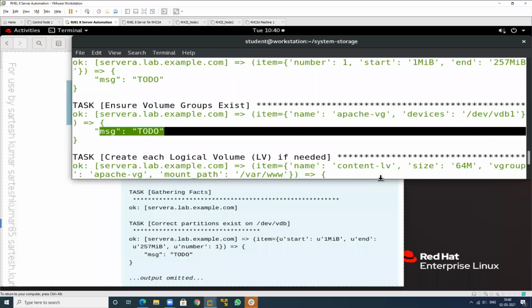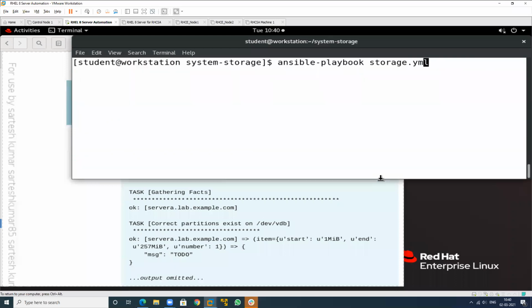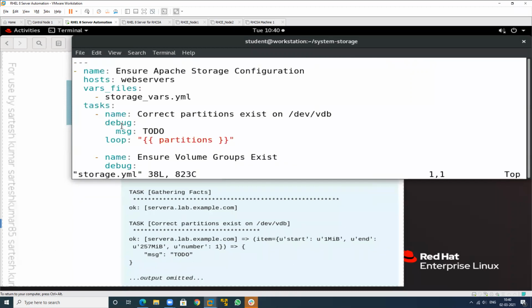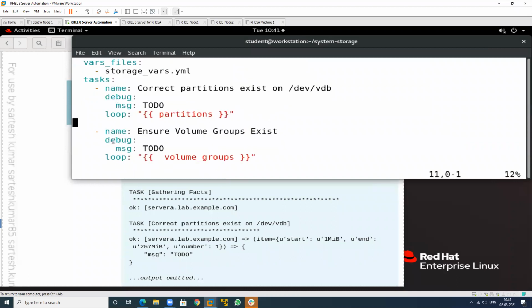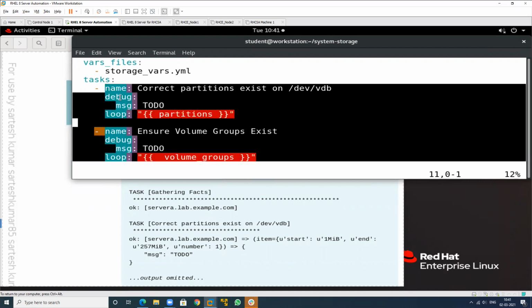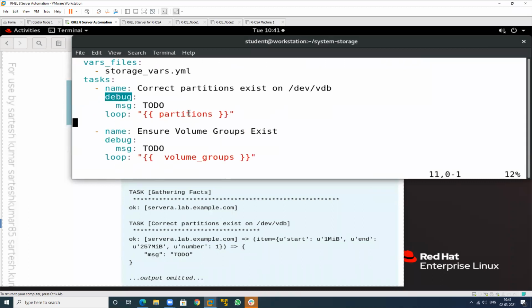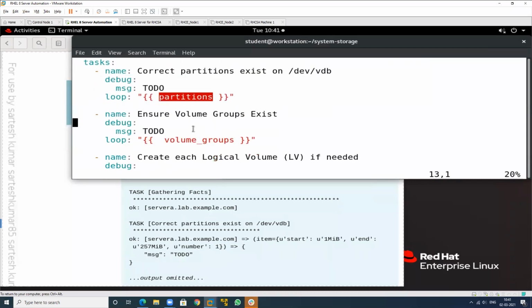See what is in this particular playbook. I will show you. All are the debug module. I am doing nothing. This is a predefined variable. What is the value of this particular variable? This will print it for me. So I am checking. Yes, this is pre-written for the debug module to print the value of this particular variable. This is a variable name.